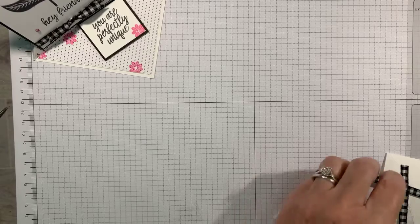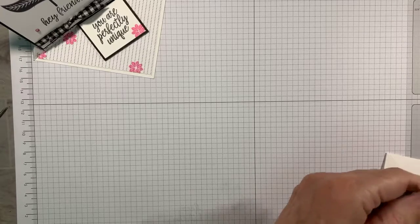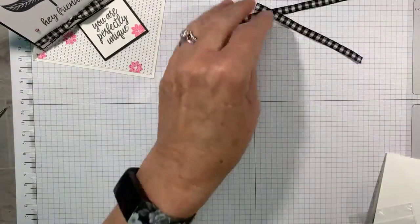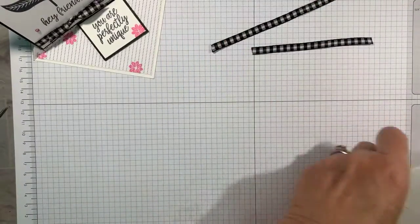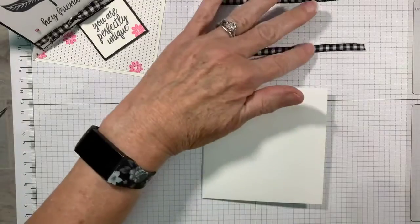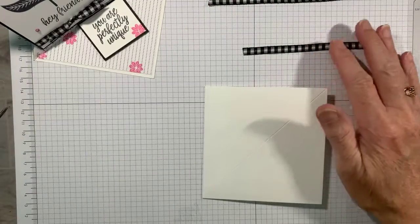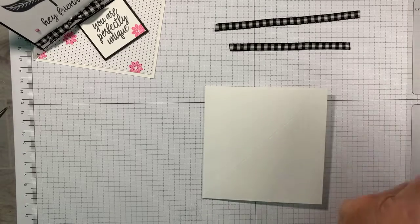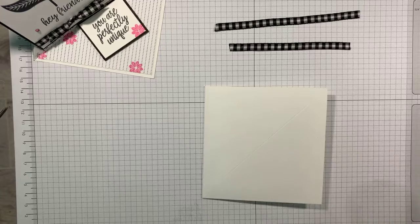So when I do my card classes, I tend to put everything that's needed for the card in one of our envelopes. It just keeps everything all together. So I'm just pulling these things out. I'm also using some of the black and white checked ribbon that you can find in our new mini,